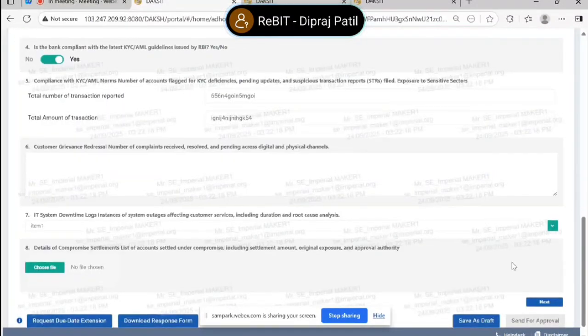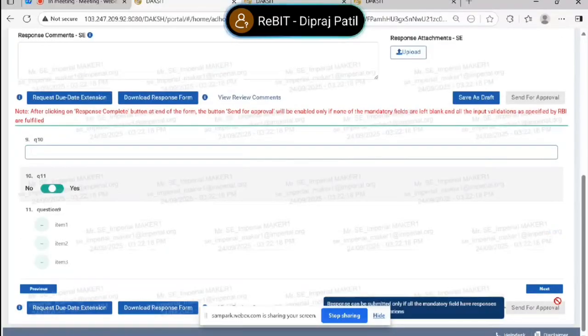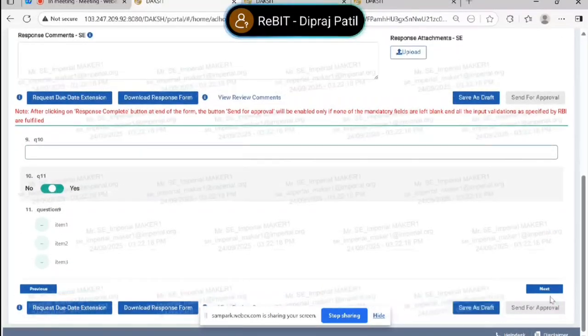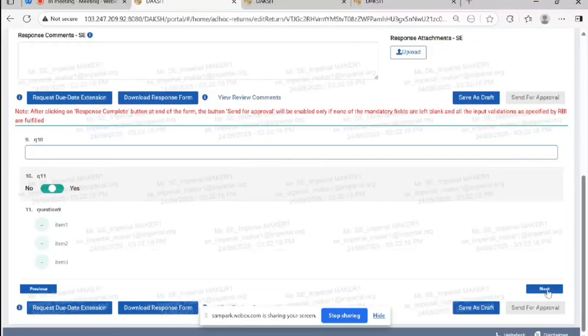You can navigate to the next page just by clicking on next page. You can save it as a draft. Once you answer any question, you can save it as a draft, and once you click on the next button, the system will navigate you to the next page. There can be a question like you can see